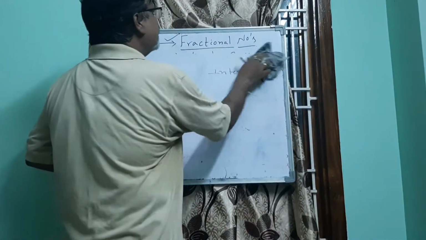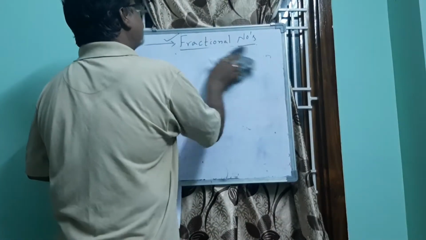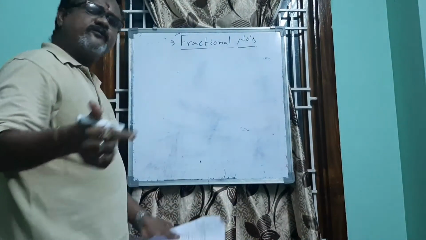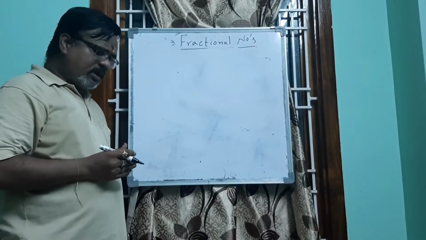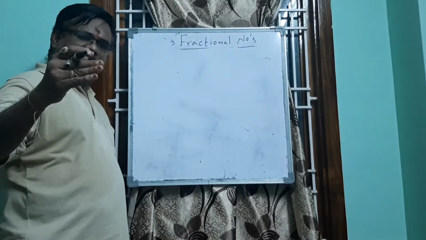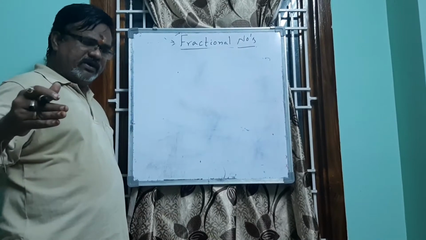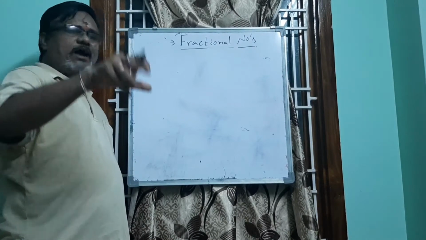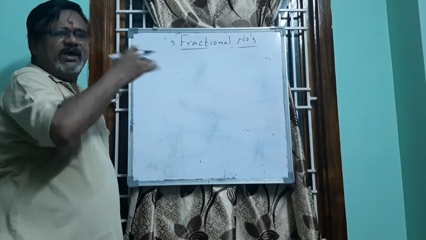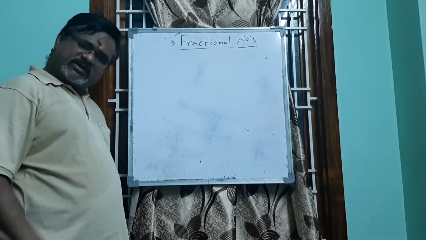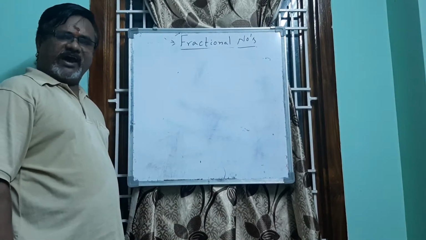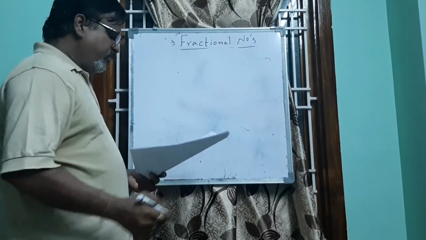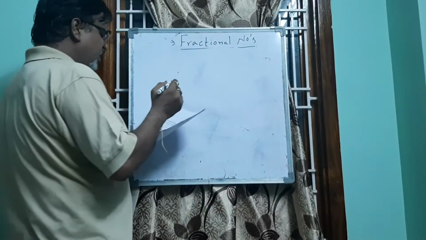So let us consider the number system conversions for fractional numbers. Unlike the previous class, where we went binary to the remaining bases, decimal to the remaining bases, and so on, I am not following any systematic procedure. Randomly we will take some numbers and try to convert the fractional parts into the other required base. Okay, now let us take one example.